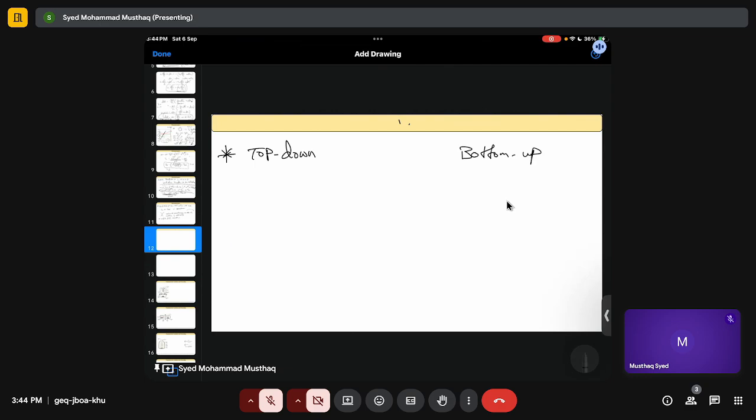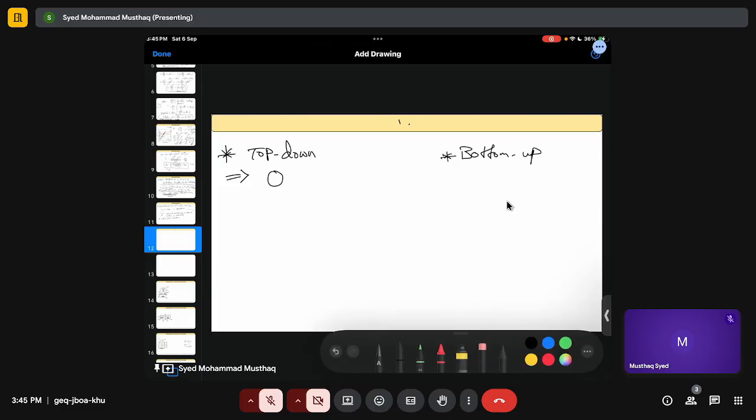Okay, these two are normally used, right? So in top down, what do we expect or what do we see? So for example, if I have a particle, let's say,